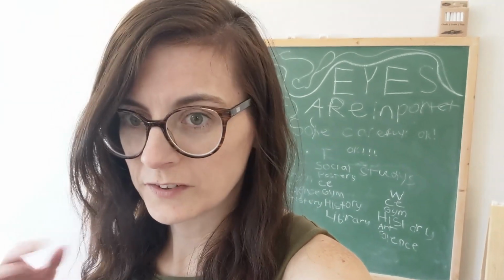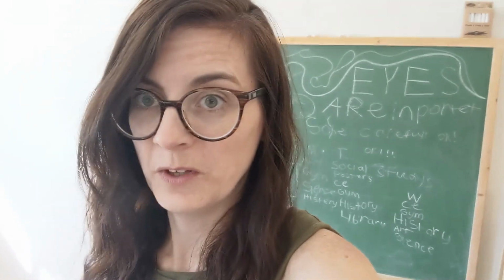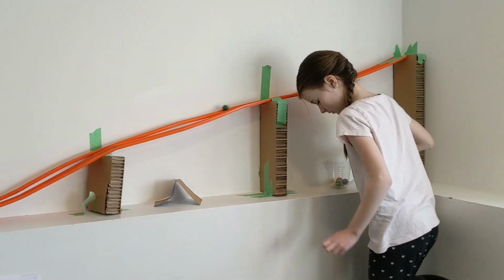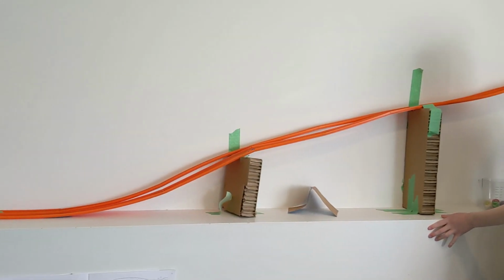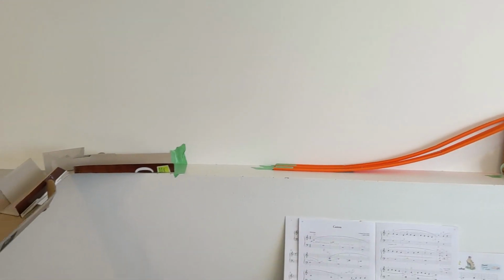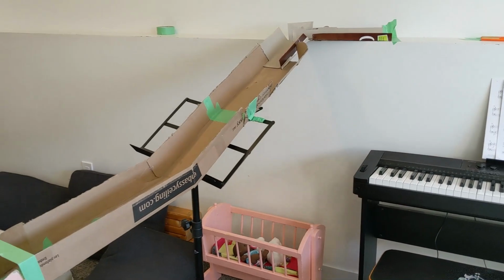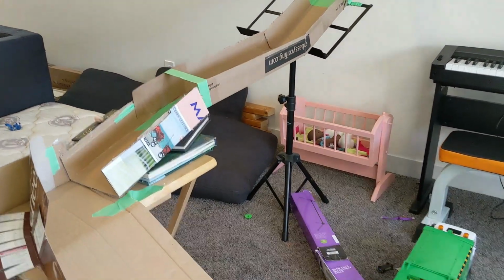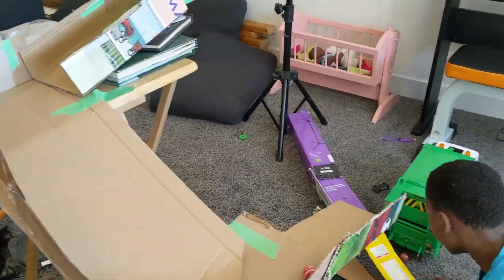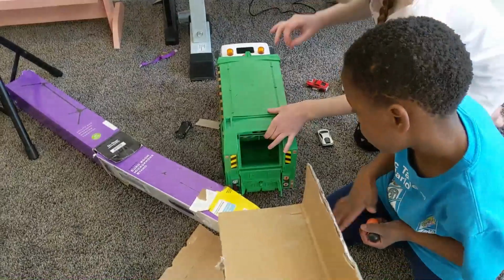So it's just made out of a little bit of a Hot Wheels track, and then the rest is cardboard and masking tape and hot glue. I'll just show it to you here. So here's the beginning, the Hot Wheels track up on the ledge, and then we've got cereal boxes and other kinds of boxes for them to come down. And then this one kind of busted here at the end, so they're trying to get it into the dump truck here,